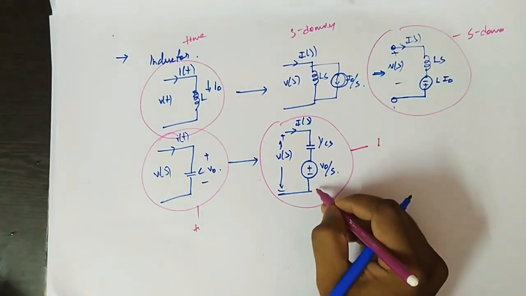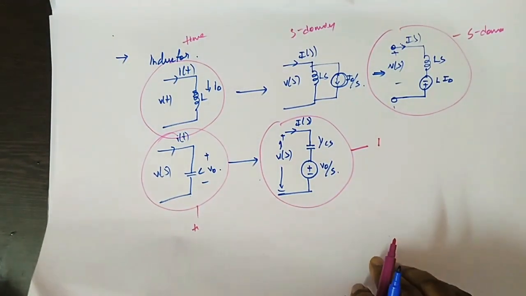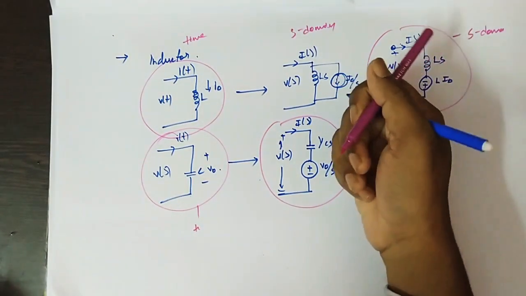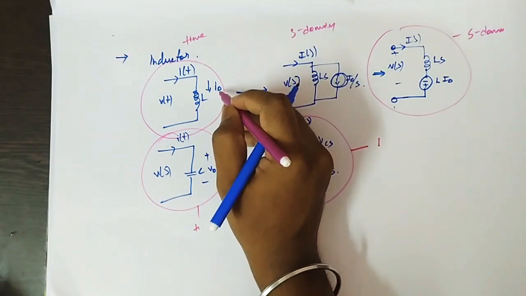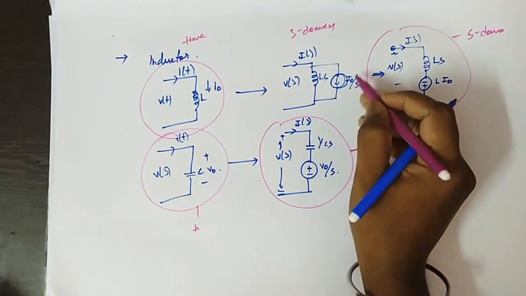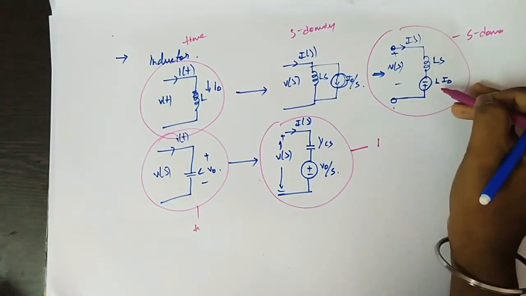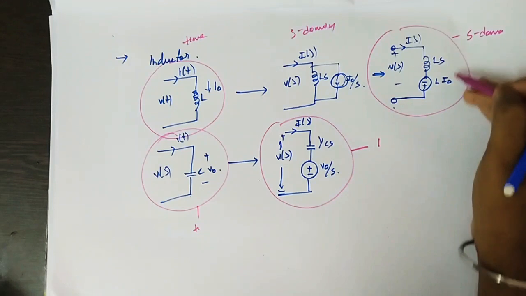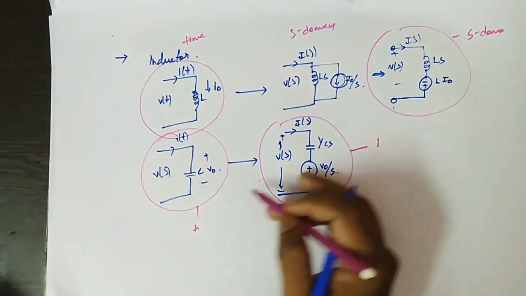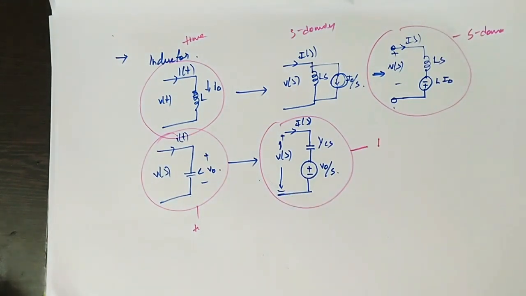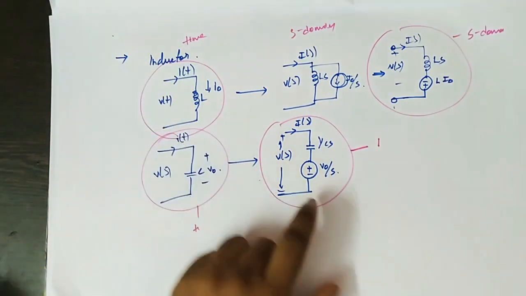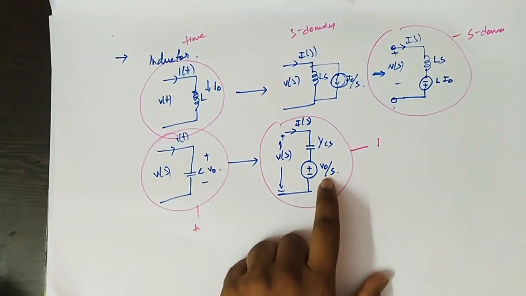Okay. Now let us take, so you might understand now. This is having internal resistance, internal current I naught, so initial current I naught. This is the source current form representation, and this is the voltage representation. We will use this voltage representation for calculating for easy purpose, and this is the voltage equivalent representation of the capacitor having initial voltage, which we will represent as V naught by S.